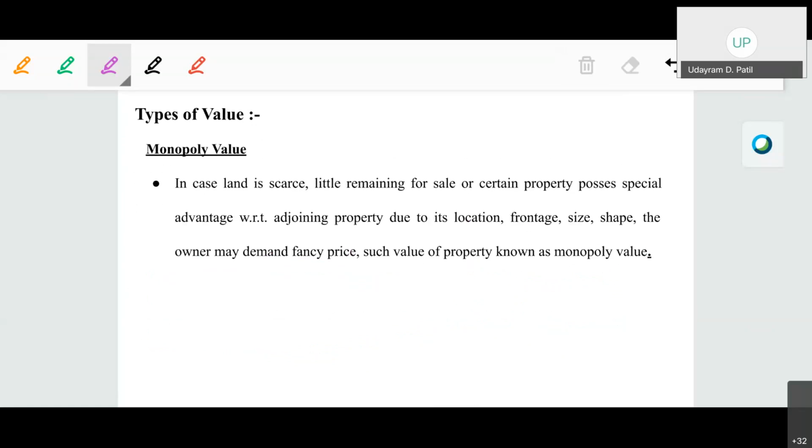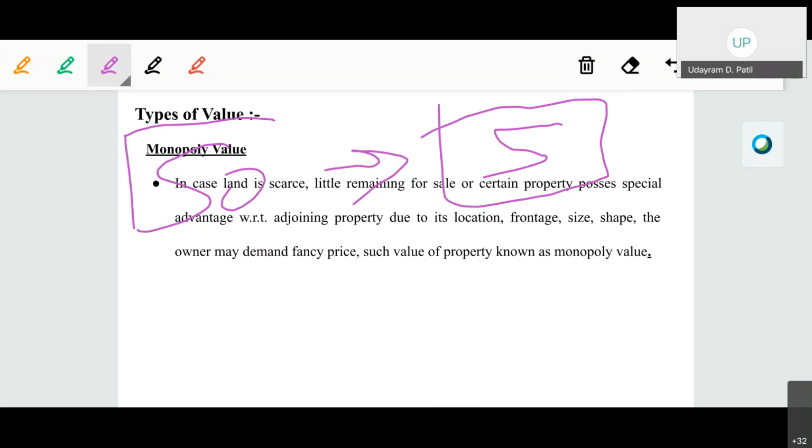Okay, as I said, if there are very few properties available, suppose there are 50 buyers and only 5 properties remaining. 50 buyers are interested in buying that particular property. Suppose I built a new apartment in a posh area, and all 50 flats were sold except 5 flats, and to get those 5 flats